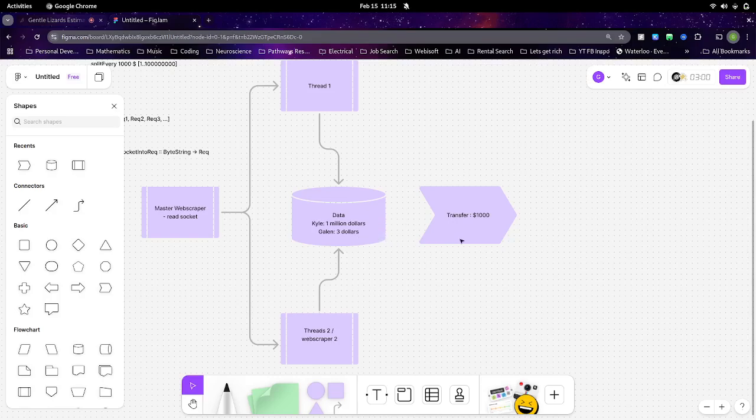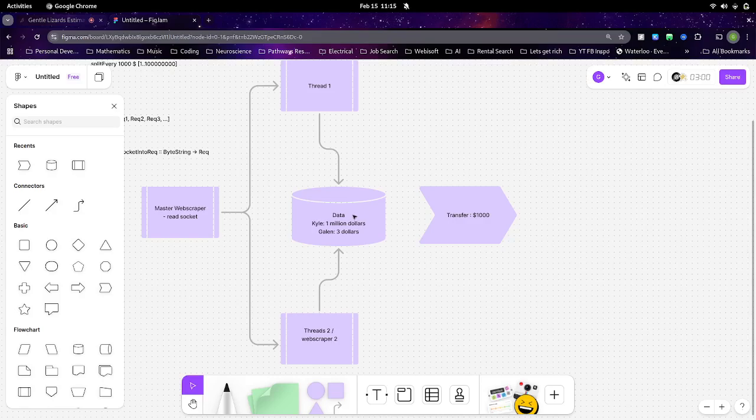If I transfer $1,000 at this current state, then the transfer is going to fail, and we're going to deal with that appropriately. But then there's another scenario where Kyle says, "You have $3, you broke idiot. Here is $1,000," and then I'm going to be good to go.